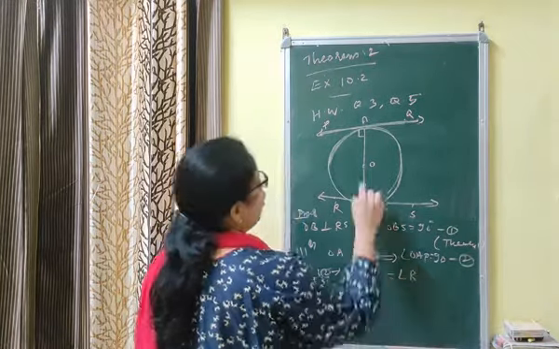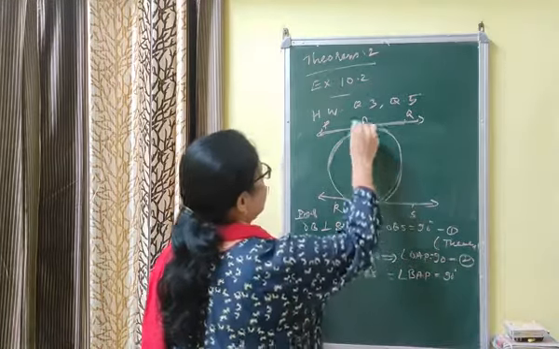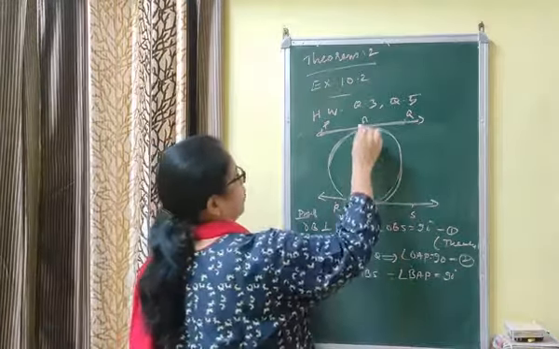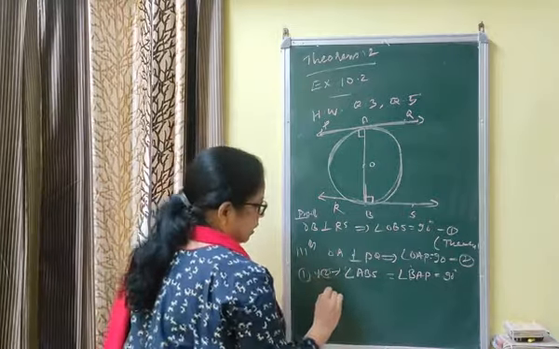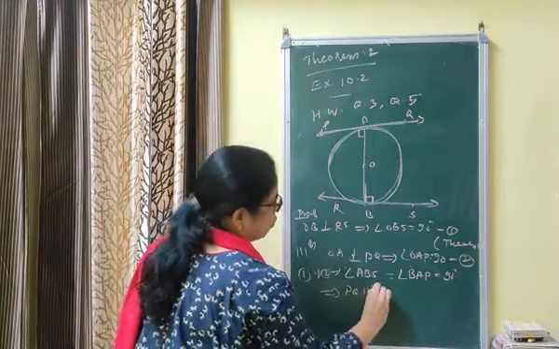Once more saying, OB perpendicular to RS means this angle is 90 degrees. OA is perpendicular to PQ means this angle is 90 degrees. That means angle OBS is 90 and OAP is 90. But OBS can be written as ABS and OAP can be written as PAB, that is BAP. That implies PQ is parallel to RS by which angle? Alternate interior angles axiom. तो इसमें सारे understood है. This is the second question.